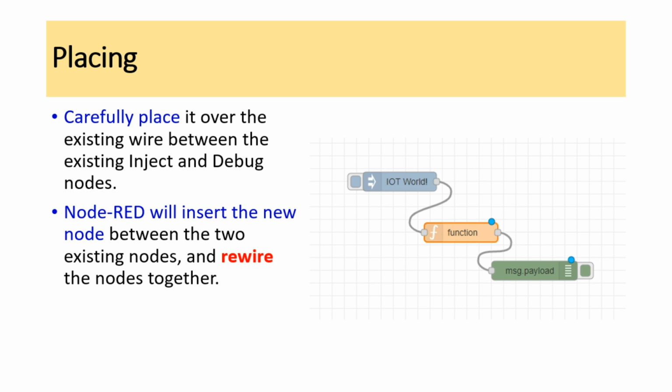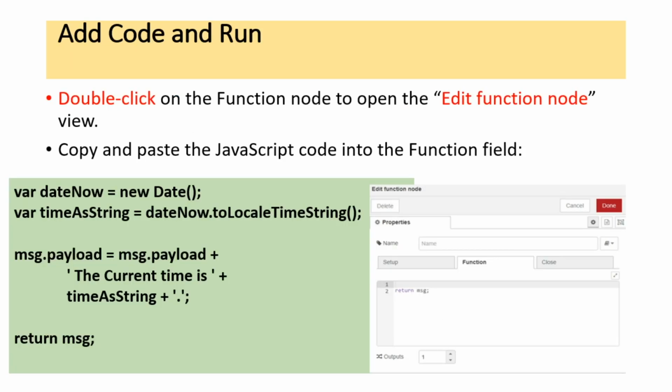It gets connected with the appropriate input and the output of the inject node, function node and the payload. So rewiring will happen. Now the Node-RED is ready to flow the data between inject node to payload through this function. So to establish the code for the function, again you double click the function node. Once you double click it, the properties for the edit function node will pop out.